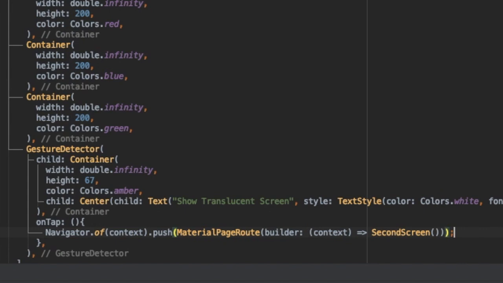There are many ways to navigate, but this is what I usually use so that I don't have to create the routes separately. When we want to create routes, we can use routes. Okay, so second screen.